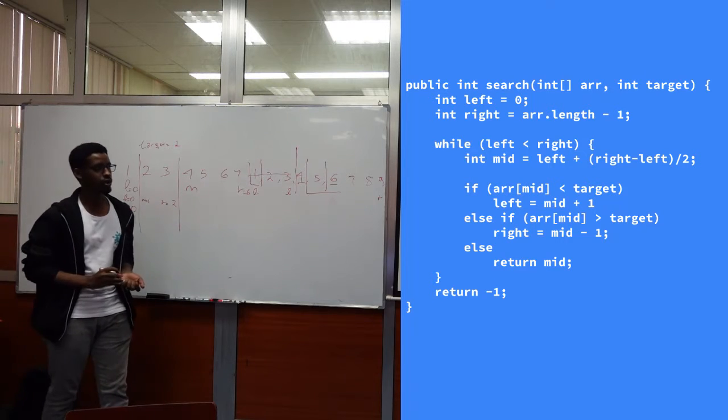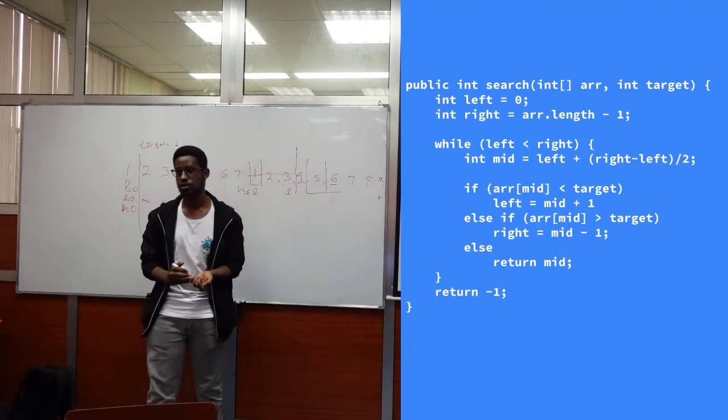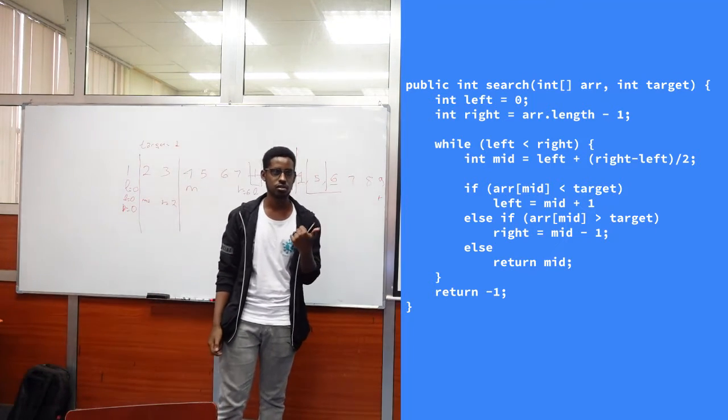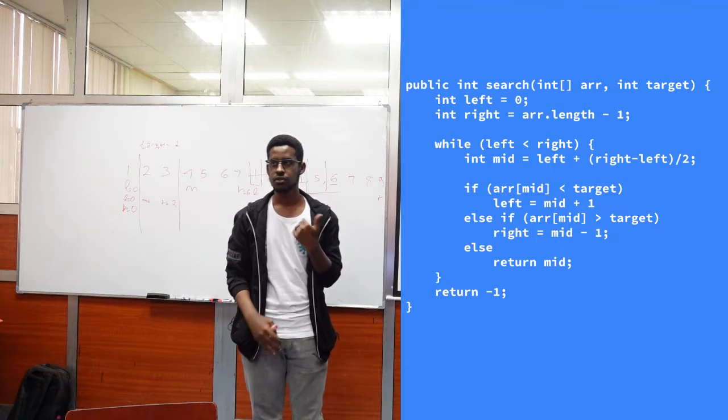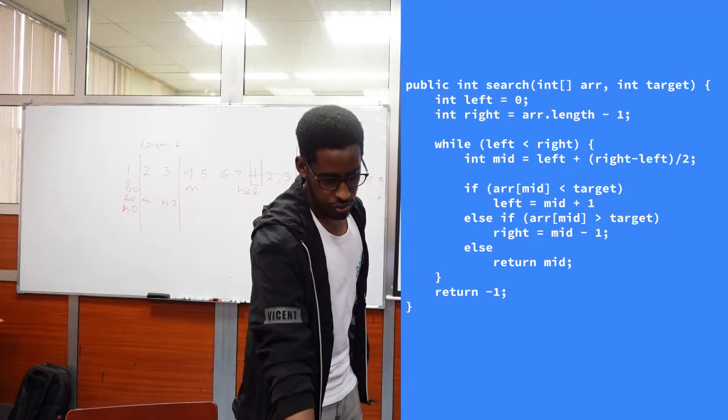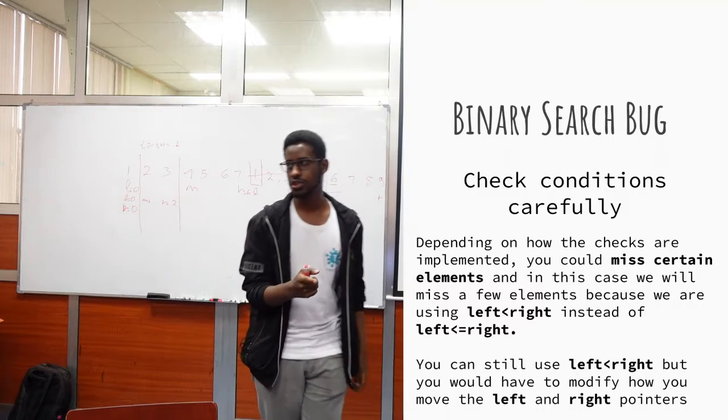But our code will not run because left is not less than right. 0 is not less than 0, so we'll miss the element we're looking for. Make any sense? You still could use this approach, but at the same time,